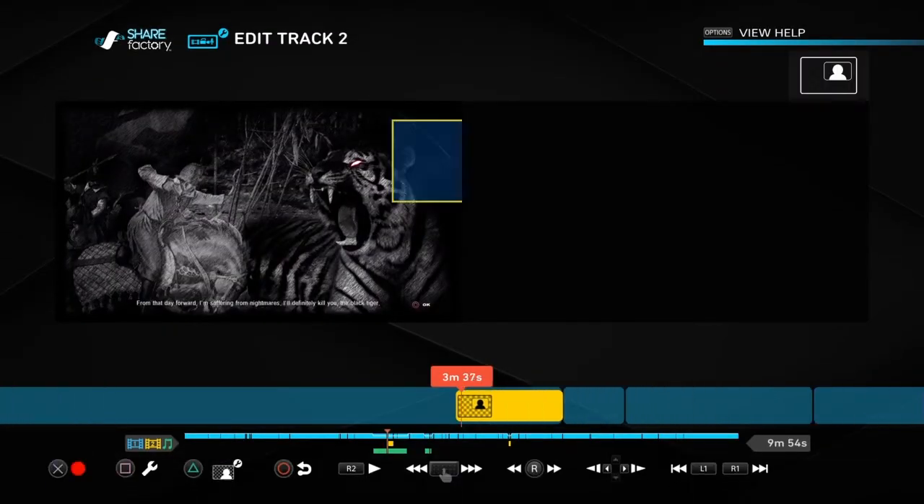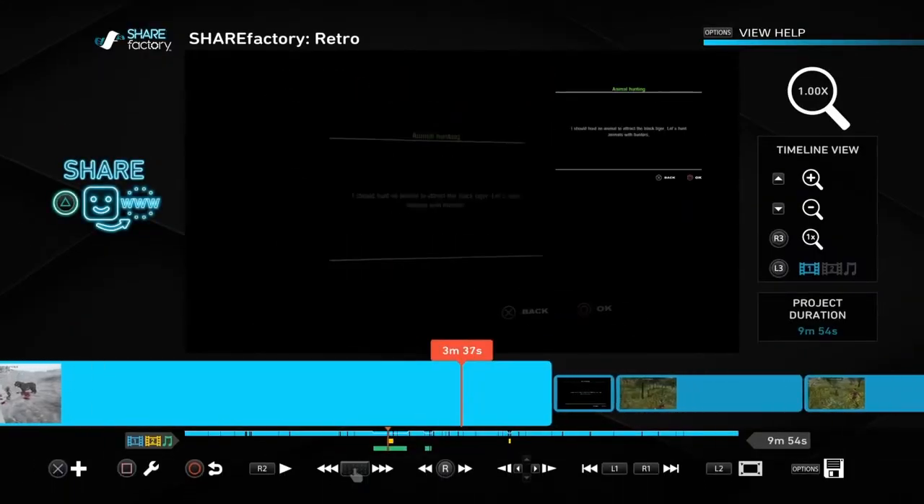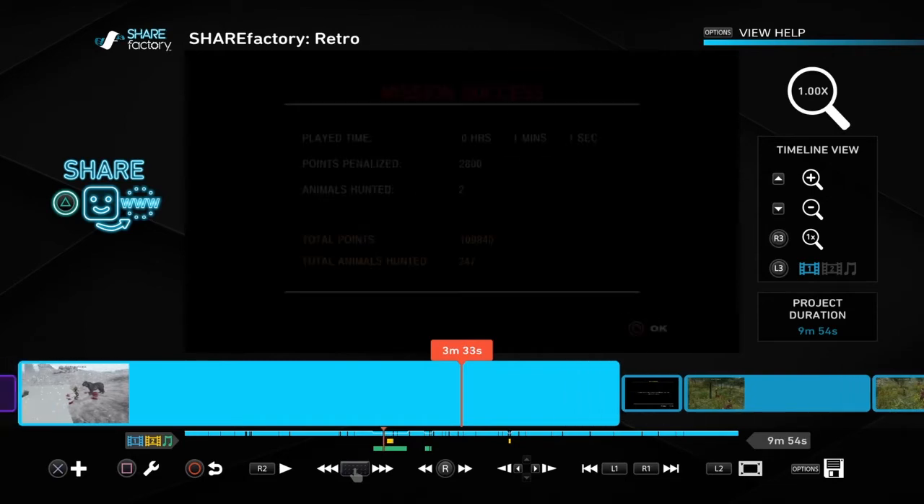Edit track two. Okay, so this is the same thing as the beginning one with the other videos, except for this one there's PIP settings and PIP layouts. They basically show up on the beginning screen. On this screen right here. So as you can see,